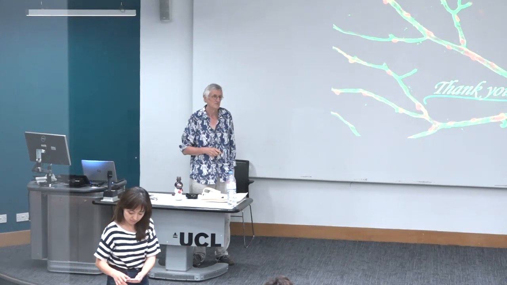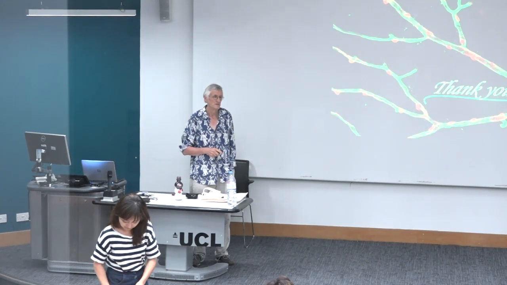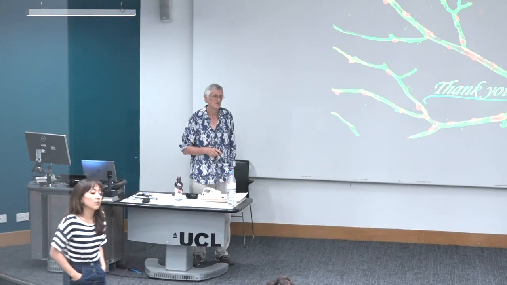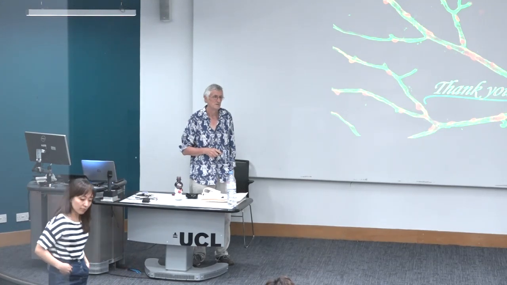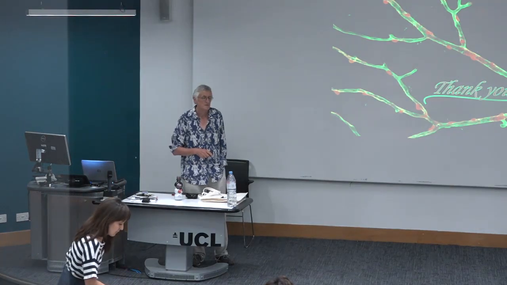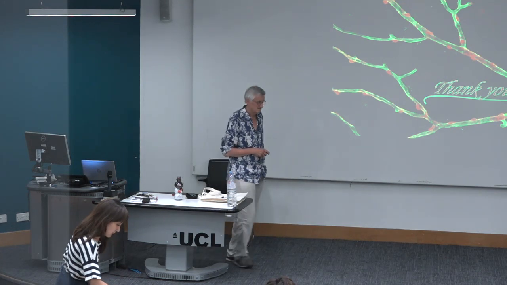Thanks for a really great talk. I had a couple of questions about the relationship between the CAA and the A beta deposition and capillary constriction. So the first was, when you looked at the relationship between plaque A beta and constriction, did you also look at CAA, so amyloid deposition in the vessels, and whether either the severity of this or